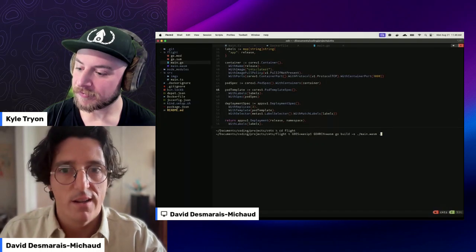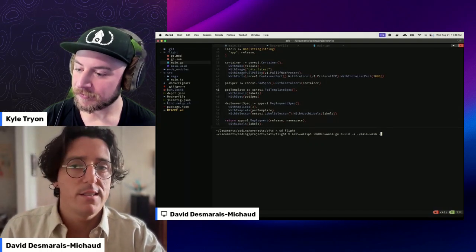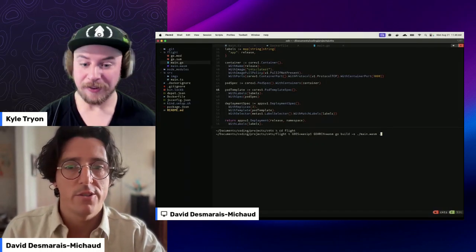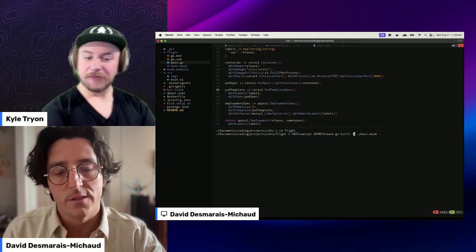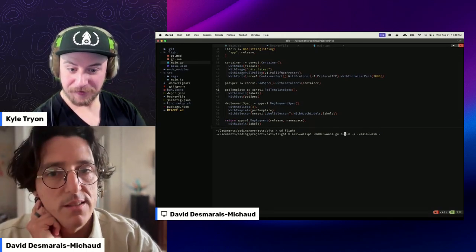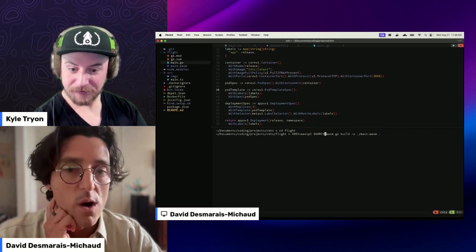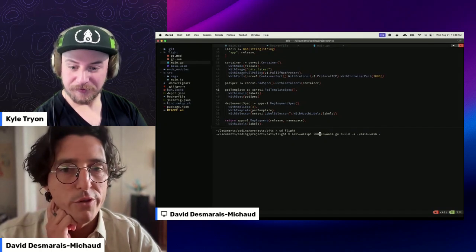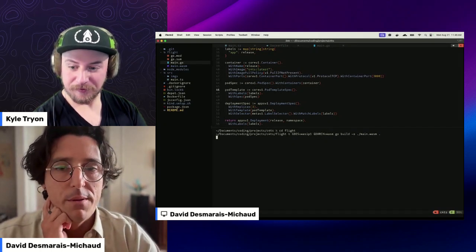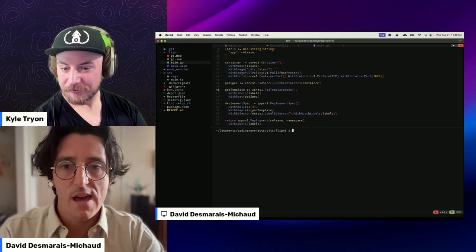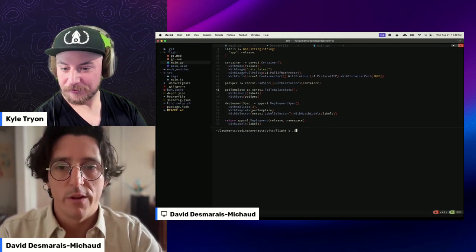Which is great. So here, let's compile this program. I'm going to use the Go build tool, the Go compiler, and we're going to compile this to WASM, and use WASI preview 1. So we build this, and then I'm just going to